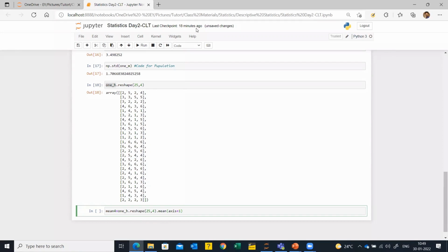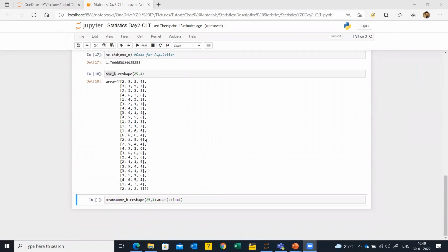Now, can someone tell me? Population standard deviation is np.std, and for sample standard deviation, that is the argument which is to be given. Otherwise, by default, it is taking the population one. Okay, good, thank you for confirming. I will also look into it, and once I confirm, I will update the code.